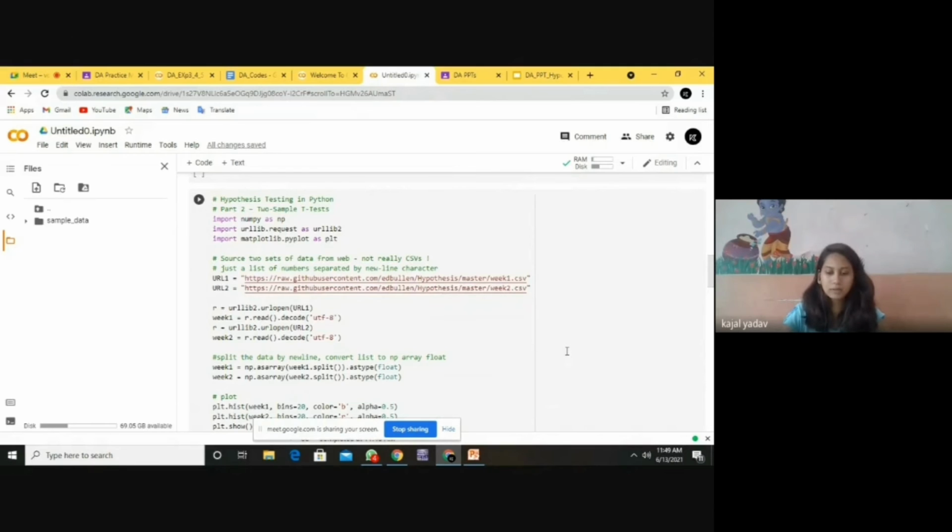As we know, the t-test has one continuous variable.